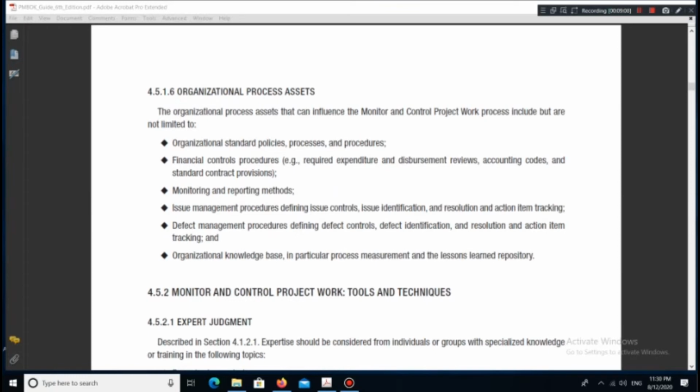4.5.1.6 Organizational process assets. The organizational process assets that can influence the monitor and control project work process include but are not limited to: organizational standard policies, processes, and procedures; financial controls procedures, for example required expenditure and disbursement reviews, accounting codes, and standard contract provisions; monitoring and reporting methods;